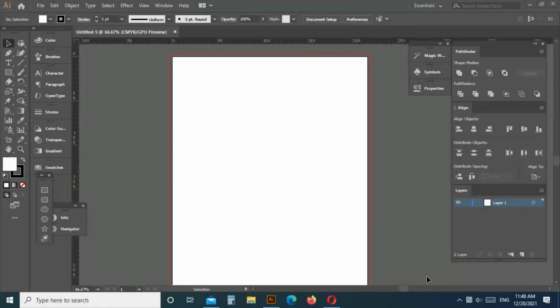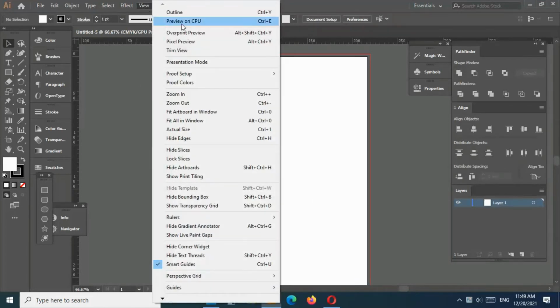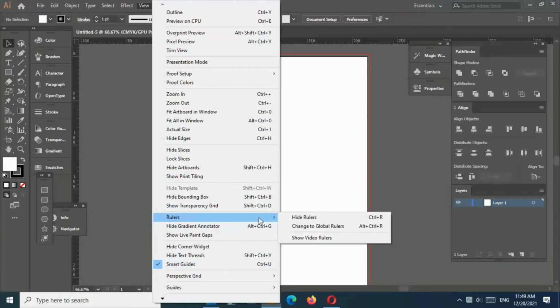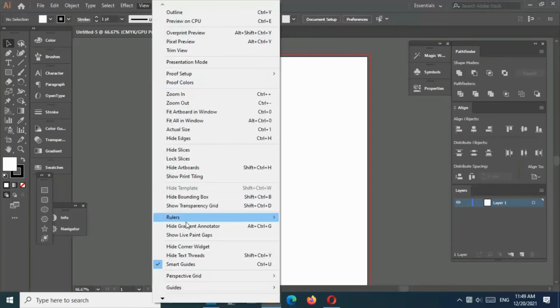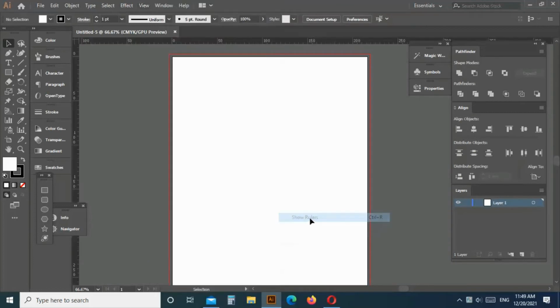We can also set up smart guides and rulers. You can find them right here. Click on View, and if this is not checked, just make sure to check it. We can add the rulers, click on Rulers, and it's already on. If it's not, click on it and click on Show Rulers. We can just drag and drop them,